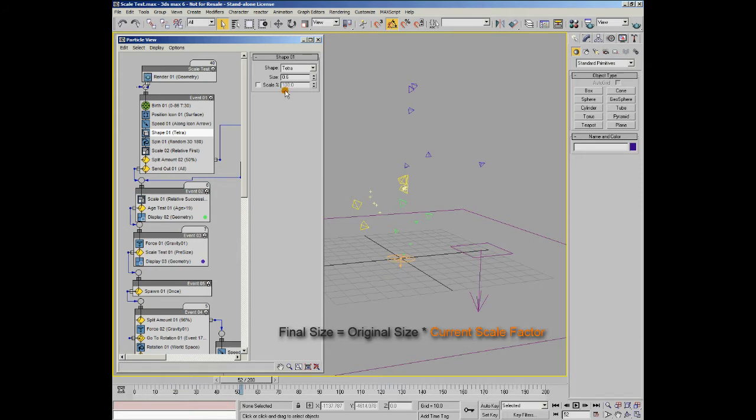What you must remember is that the final size of the particle in any given integration step is a product of its original size, here, multiplied by the value of its current scale, which will be defined by this value here, or any subsequent scale operators. Now, let's have a look at how this is actually used inside this test. Let's go down to the scale test down here,